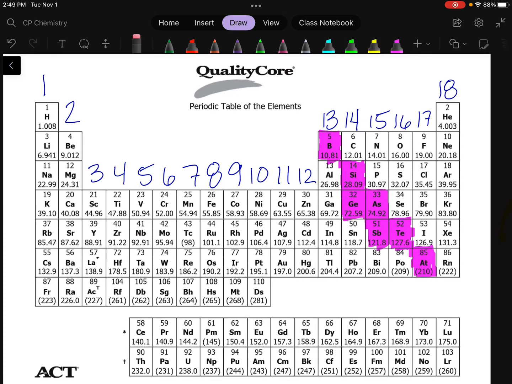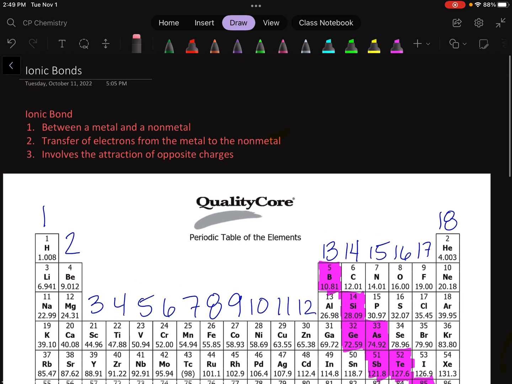Okay, we are going to do ionic bonds and drawing the ionic bonds and compounds and coming up with the formula for these compounds. So, to start off with, what is an ionic bond? It is a bond between a metal and a nonmetal. It involves the transfer of electrons from the metal to the nonmetal, and it involves the attraction of these opposite